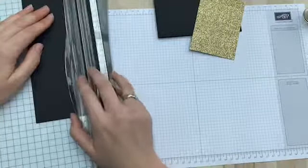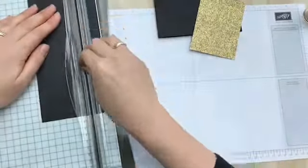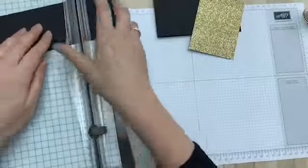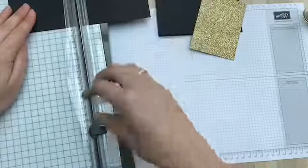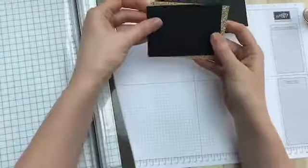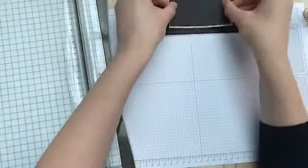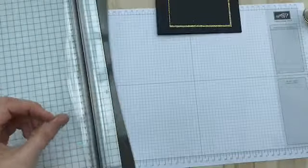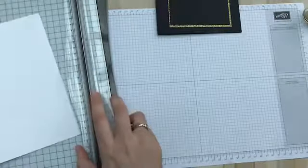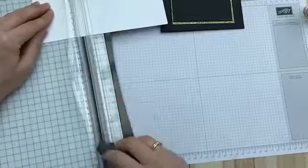So we're going to go 7.5 by 10.5. And that will give us a little border. So that's going to go on there, and then we're going to go half a centimetre shorter again. So we'll then go 9.5 by 7,